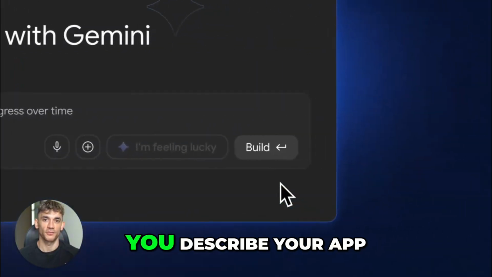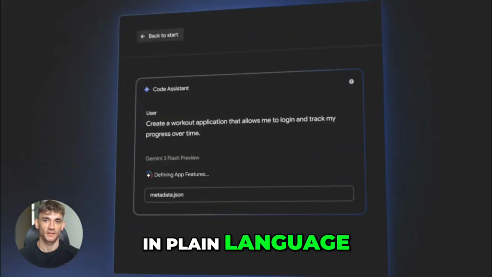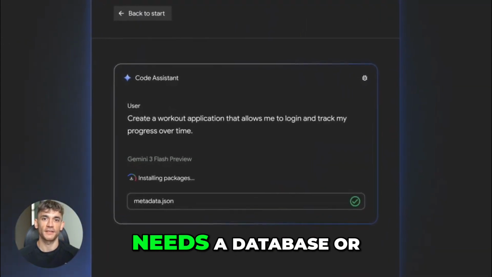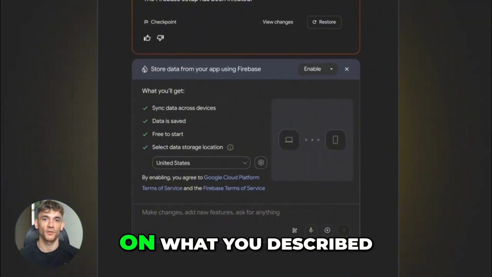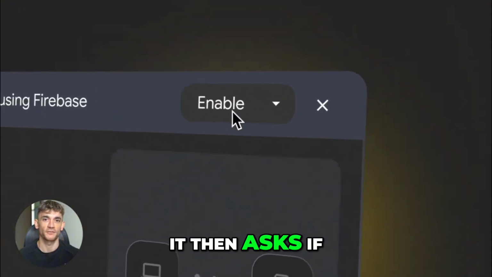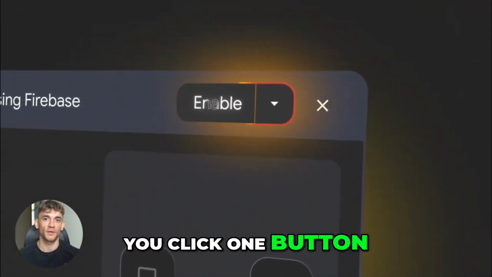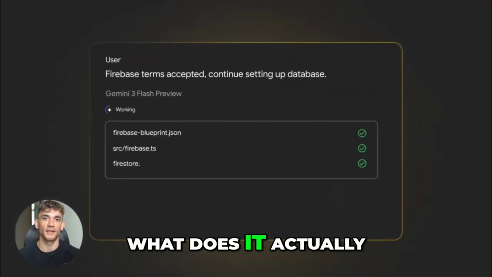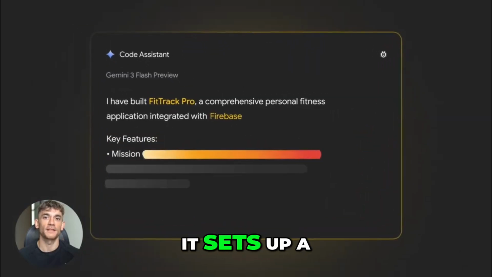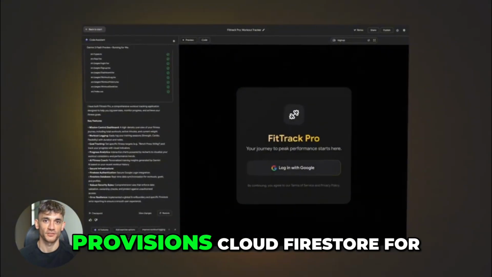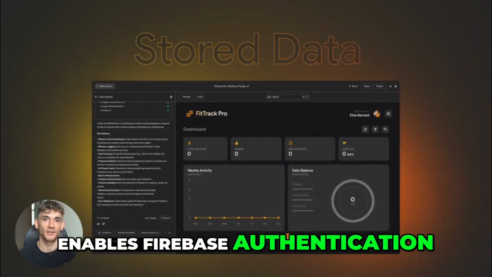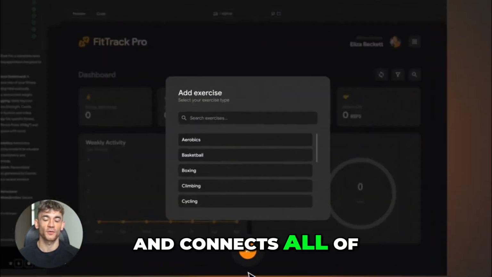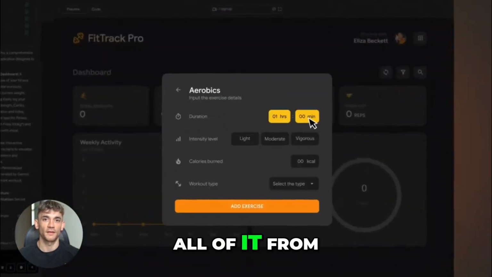Here's how it works. You describe your app in plain language. The agent builds it, and if your app needs a database or a login system, the agent detects that on its own based on what you described. It then asks if you want to enable Firebase. You click one button, it handles the rest. What does it actually do when you click that button? It sets up a Firebase project, provisions Cloud Firestore for your database, enables Firebase authentication, configures Google sign-in, and connects all of that to your app's code. All of it, from one click,